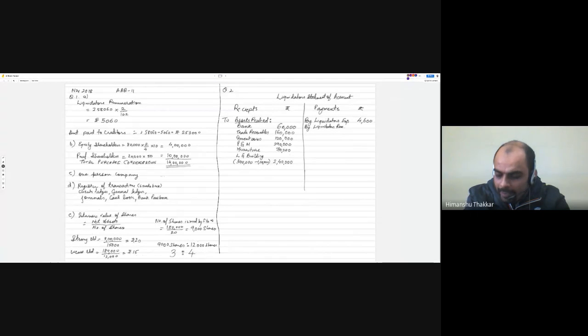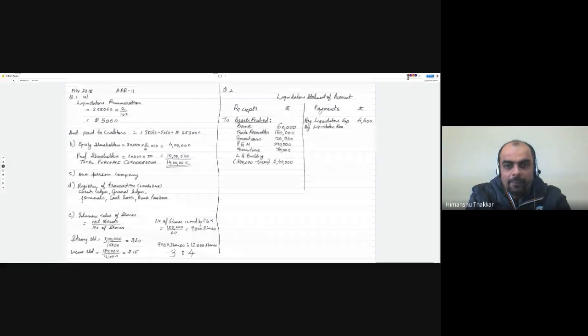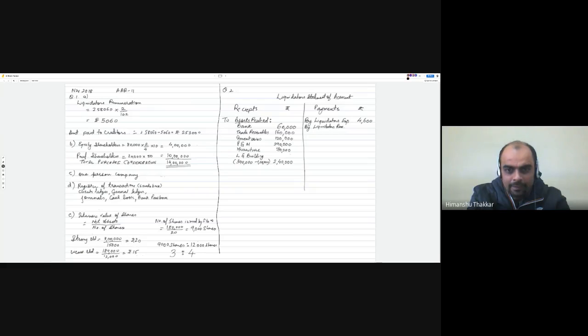We have already taken cash and bank in the assets realized. Except cash and bank, you have to calculate the asset realized. It is mentioned in the question itself: the liquidator is entitled to a remuneration of 3% on asset realized except cash and bank. So ignore cash and bank and total the rest of the assets that are realized. What is the total? 160 plus 120 plus 290 plus 70